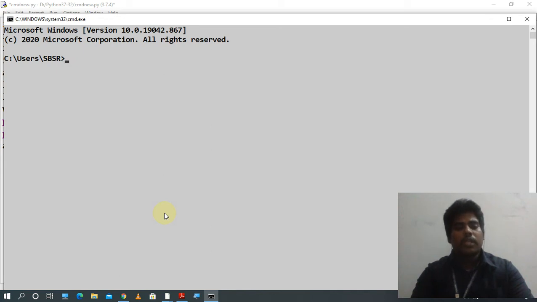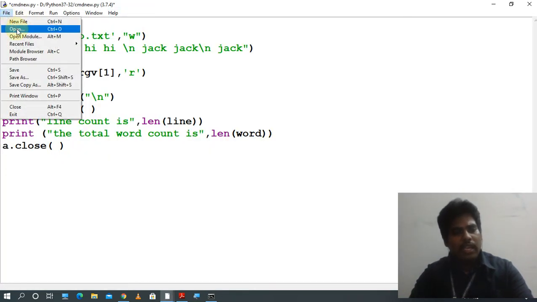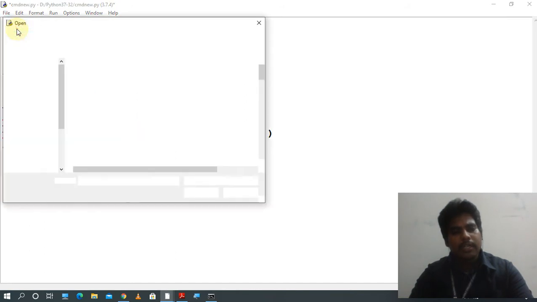Okay. So in the command prompt, now the folder is present in the C drive, user folder. Inside the user folder, SBSR. Before running the program, you have to know where the program got saved. For that you can check it here. Just press file and click open.